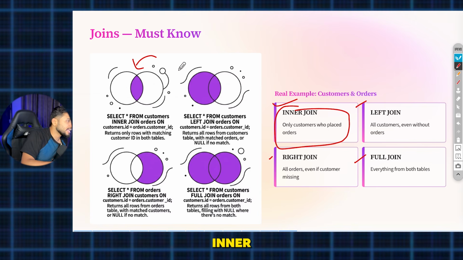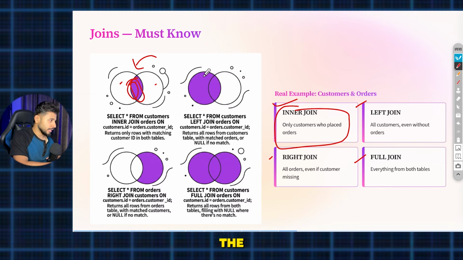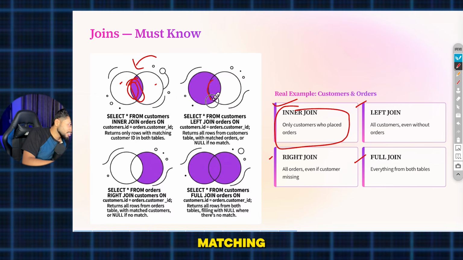That is called an inner join. The common part, if you want to hit between two tables, is called an inner join. It returns only the rows that are matching between both the tables. Next, left join: the matching rows and the leftover data from the left table. Similarly, for the right join, the common ones and the data from the right table.